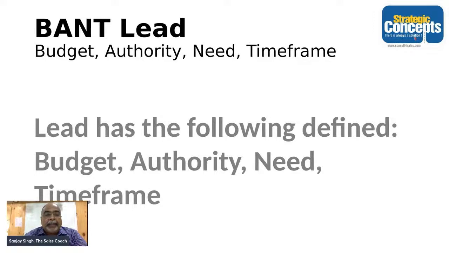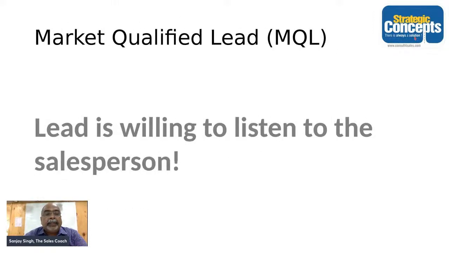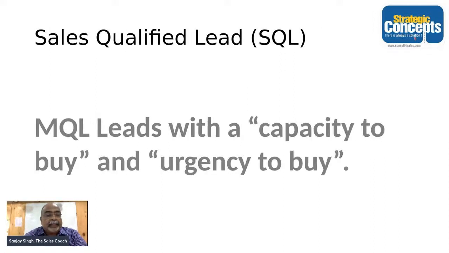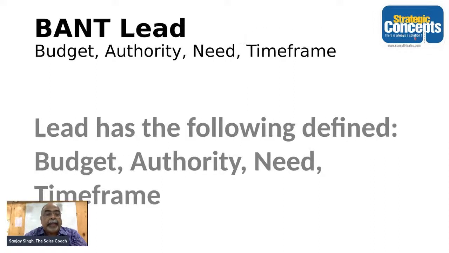Now, you can understand that MQL is a very cold lead, a lead at its incipient stage. Then SQL is a warm lead and BAND is like a hot lead. Okay, so if you are able to match the two nomenclatures there,